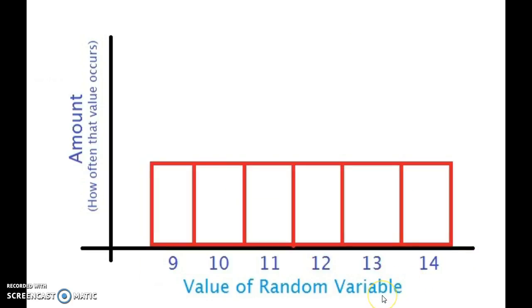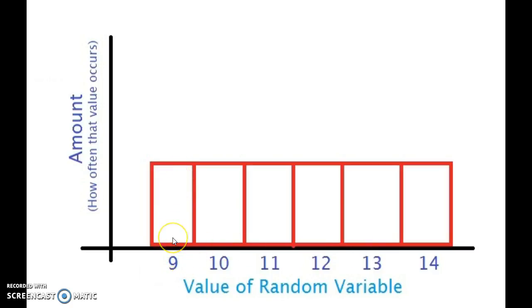This example is showing someone's time it takes them to run a mile. So that could be anything from a low number, if they're super quick, maybe 4 minutes, all the way up to 30, 40 minutes if they're taking a really long time. It looks like this person, when they go out and run a mile, they're getting anything from a 9-minute mile to a 14-minute mile. So they're probably not a consistent runner who gets better and better over time, more and more in shape, and kind of gets that consistent time they can run every day. This person maybe is just sporadically going out and running throughout the year, and they've kept track of how long it takes them.